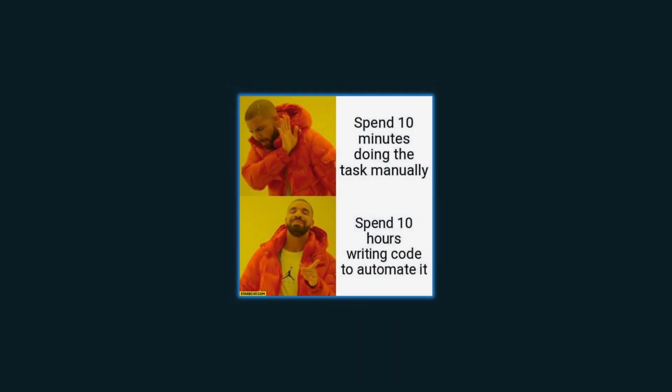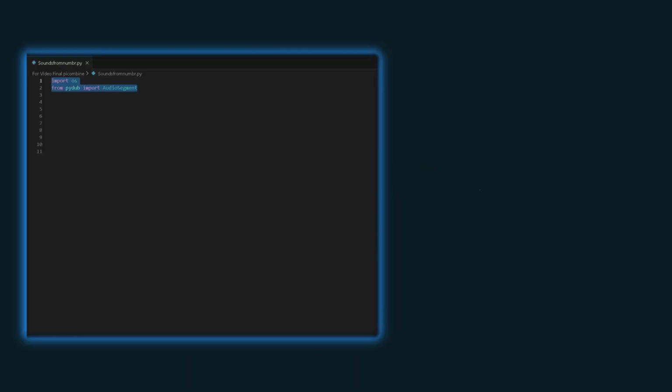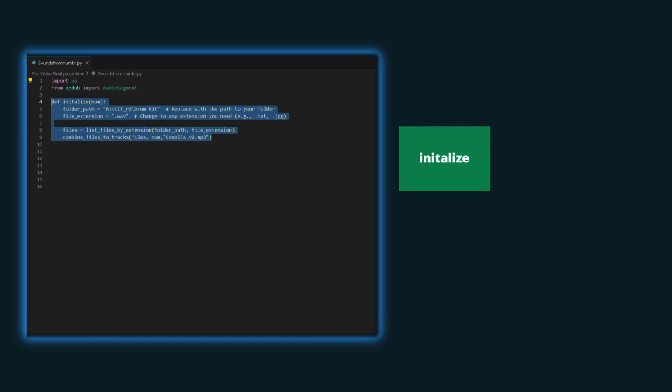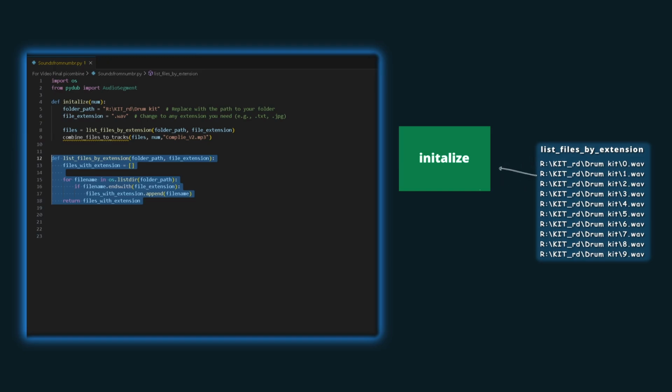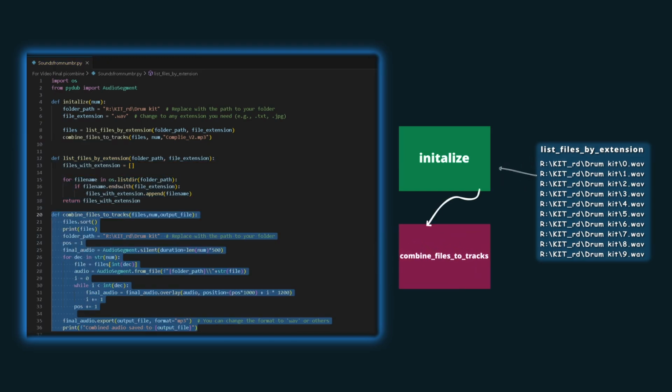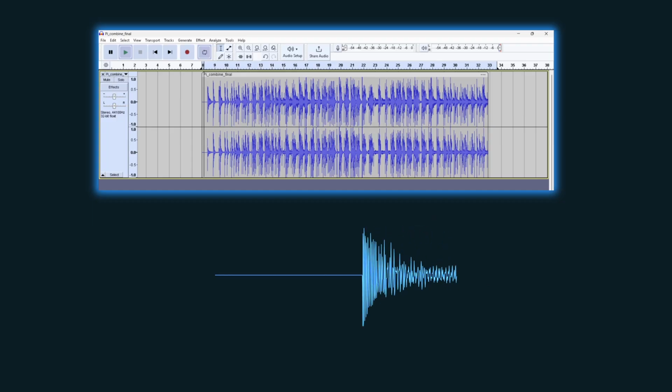To automate all this, I am going for Python. A really quick overview of the code. If you don't want it, then skip ahead. I am using the Python library PyDub. This is the function which takes the input number as a string for which we have to generate songs. This function also calls another function which gets all the parts of the beats for the specific audio format. Then it calls another function which combines the audio files into one track according to our rule and creates an MP3 output file. If you play it,